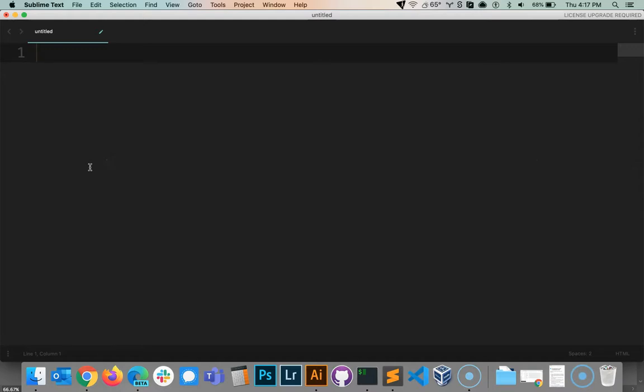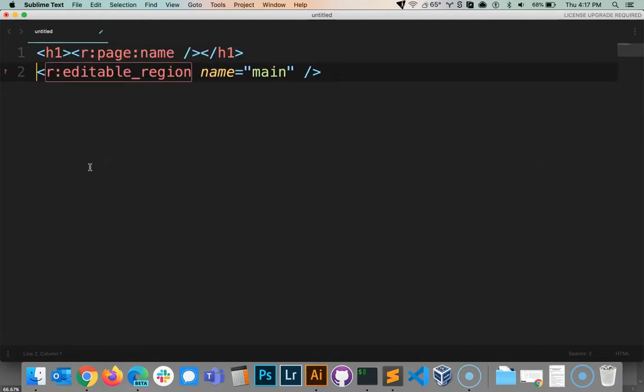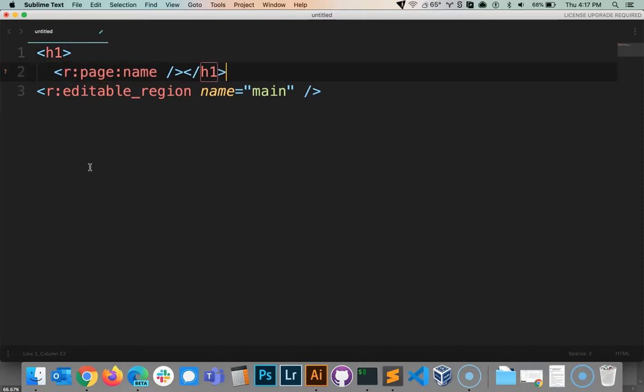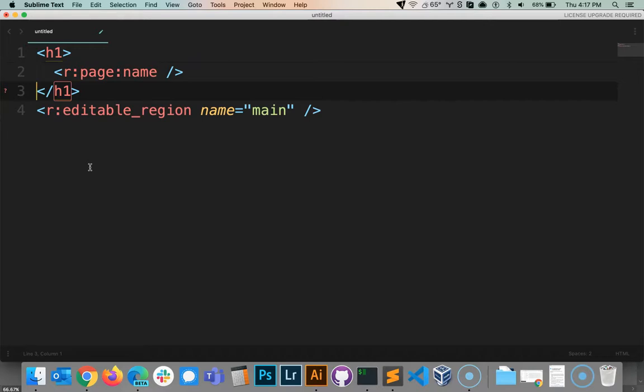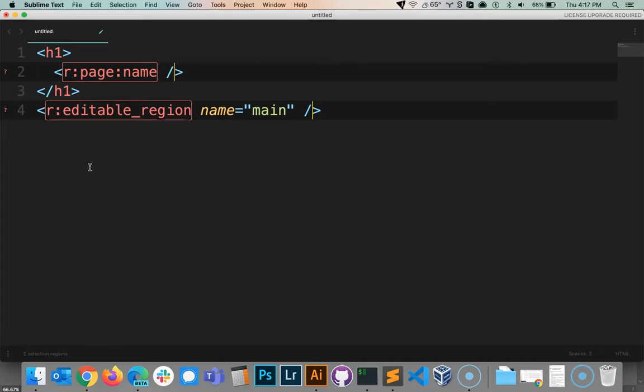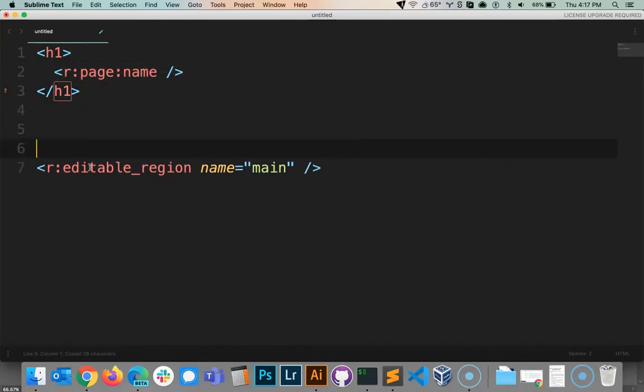I'm going to switch over to my code editor here, and we're going to write these in a little bit of a different way. So what I'm going to do is put these on their own line, and then you'll notice at the end of both of these tags there is a slash right here. So these tags, Radius tags, can be either self-closing or you can close them manually. So for example, I could have this tag right here, or I could write it